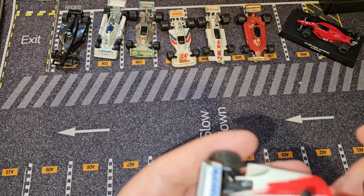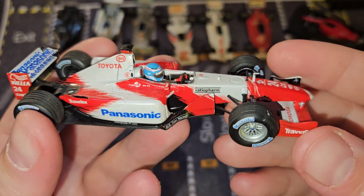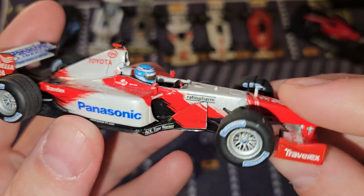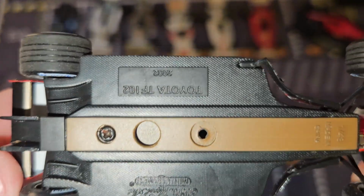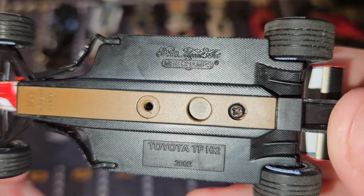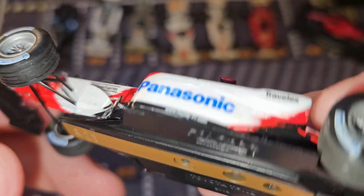But now let's look at this one. It's from Vinted France as well. I bought it for like 2 or 3 euro. This is Mini Champs, and we have a Toyota TF102 from 2002, and we can even see who was the driver. I will try to zoom. Maybe we will get,